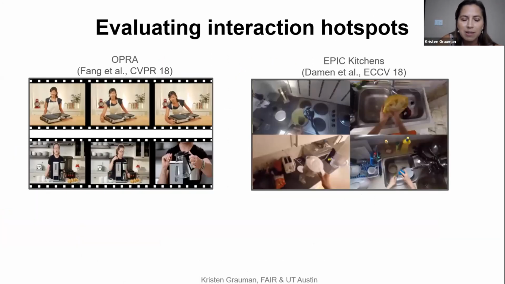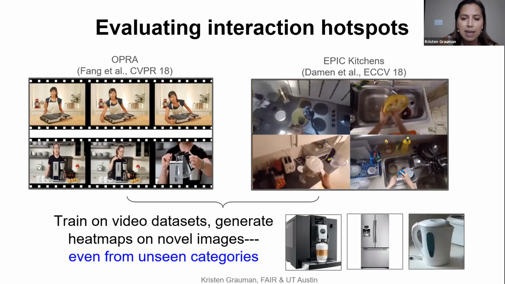Now we take these hotspot models and we've been testing them on data sets like OPRA, which is YouTube product demonstrations, or Epic Kitchens, which is a first person in the wild video collection. And very importantly, we test hotspots not only for new instances, but even new categories. And the thought is, if we have agents that can look at objects that haven't even been encountered before, some new appliance, some new toy, but they can still understand what the functionality is, then they'll be able to act in a more scaled up manner with new objects and for new activities.